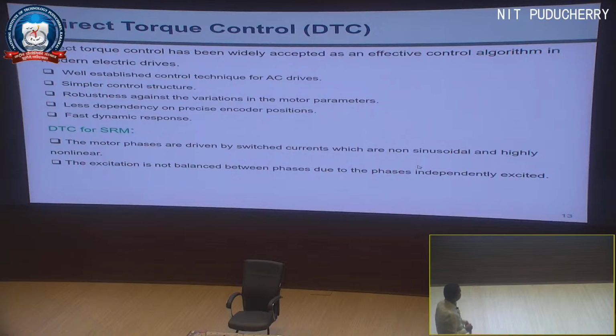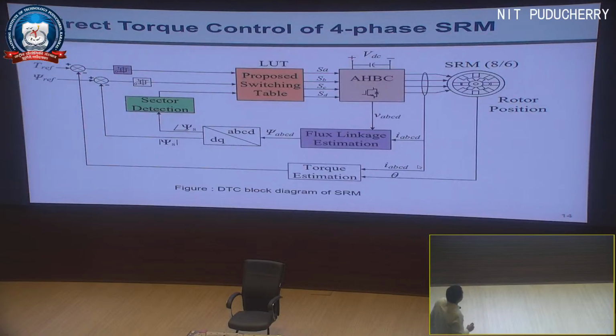Implement the DTC in the SRM. And you see that we try to measure the rotor position, and we require 4 current sensors, and the Park transformation is used to convert it to DQ, and the stator flux vector, and there are a total of 8 sectors in the